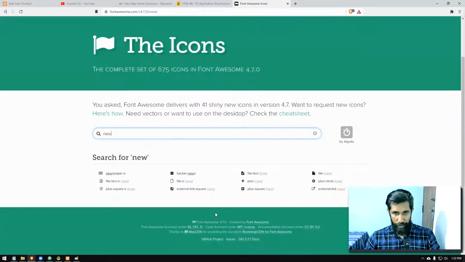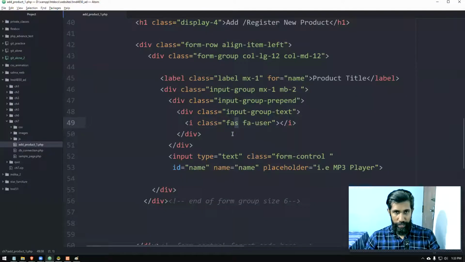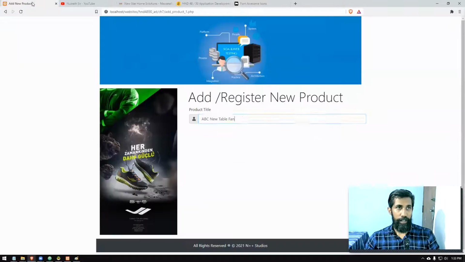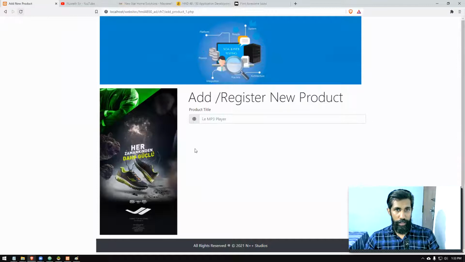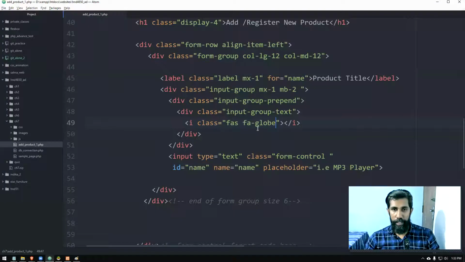So we can put something. Let's say we'll try this plus mark here. So FAS, FA, we'll type plus there, it might work. If you change, it is coming like that. If you type, see, a globe can come. You can put whatever the product type is.